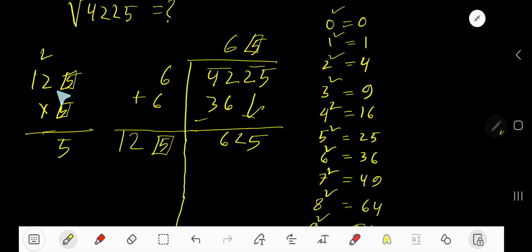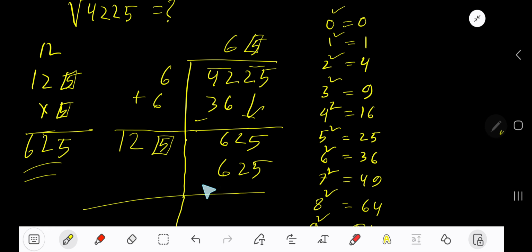5 times 2, 10 plus 2, 12. Write 2, carry 1 to the next column. 5 times 1, 5 plus 1, 6. 625. So our guessing digit 5 is correct. So 5 times 125, 625. Subtract, 0. Since you have placed the digit 5 here, the same digit will come under this number and you